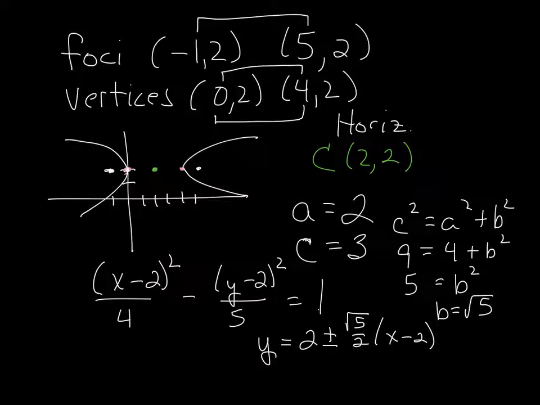Okay. Now, if I want to graph that, we always can graph the asymptote from the center. Square root of 5 is just a little bit more than 2, right? So if I go up to,